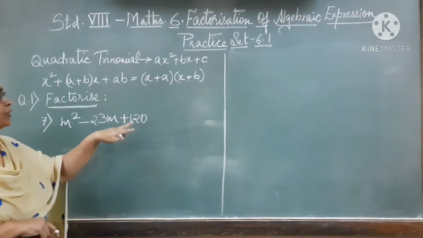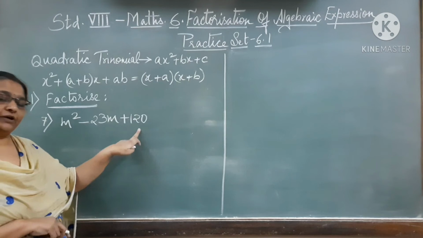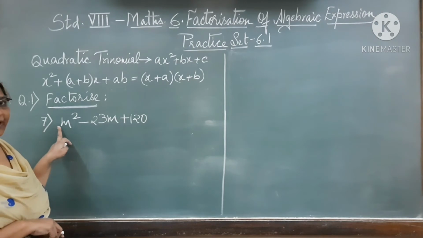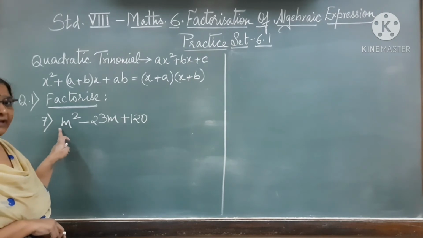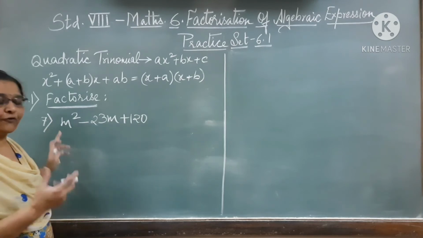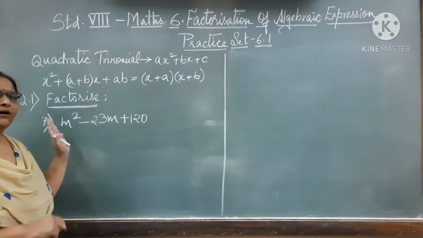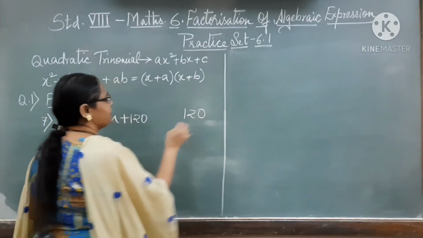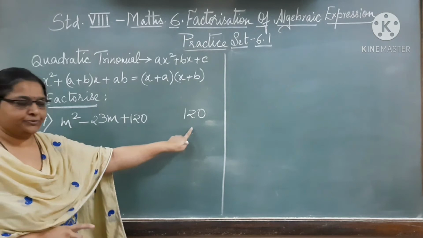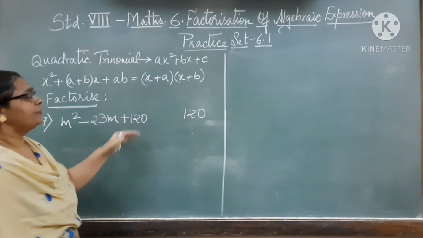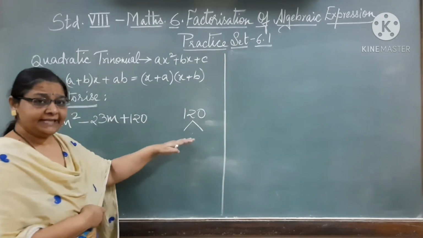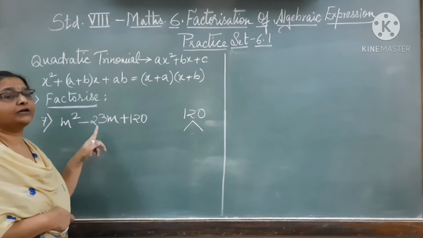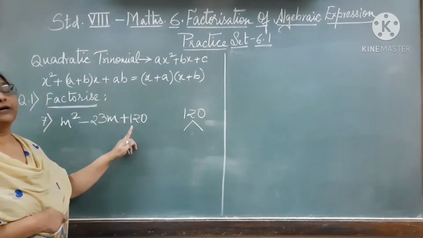Here, to begin with, we have to find the product of the constant term and the coefficient of the first term, that is the square term. Here you have only m square as the first term and there is no number in the coefficient place. That means the number should of course be 1. So here let us find out factors of 120, because 120 multiplied by 1 is 120. Here we have to find out two factors in such a way that the sum of the factors should be equal to minus 23, which is the coefficient of the middle term, and the product should be